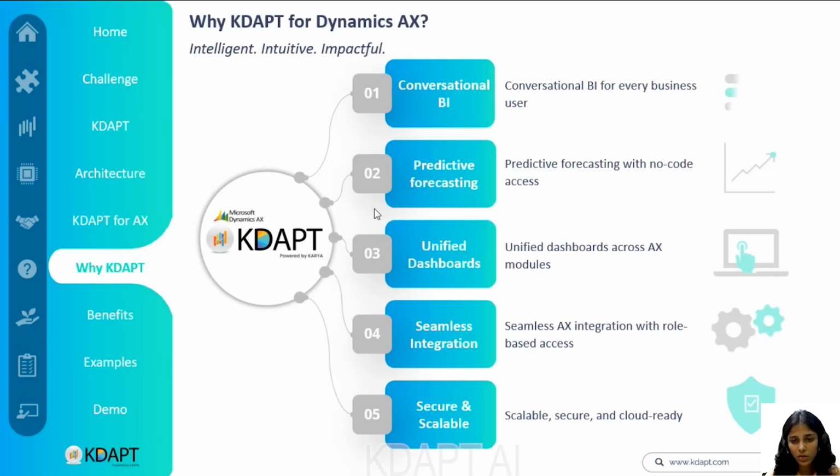And for seamless integration, you can see how the HR attrition is impacting project delivery or how vendor delays are affecting cash flow. So KDAPT connects the dots across all of the AX modules, which is something AX doesn't do out of the box. And five, the most important point, everything is built on a secure and scalable framework.